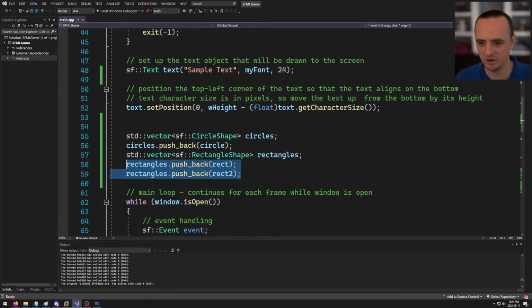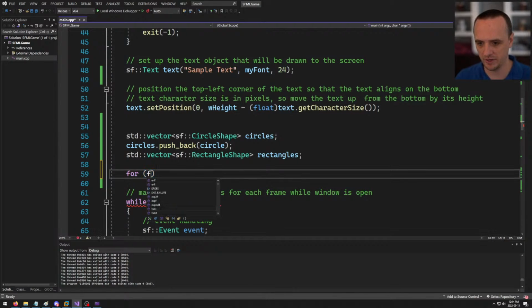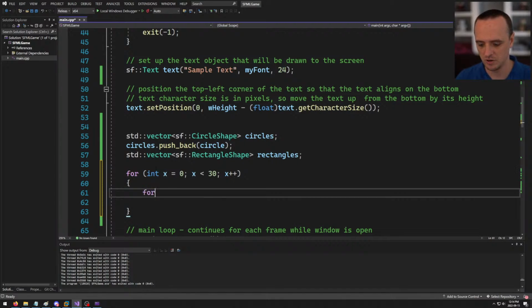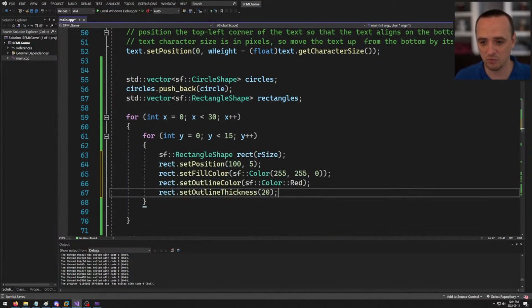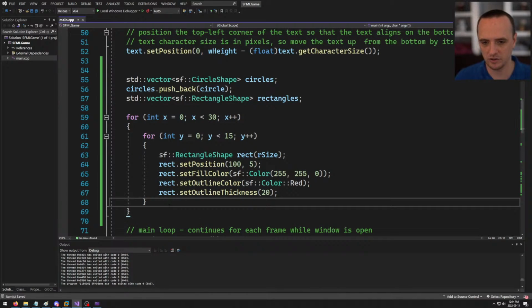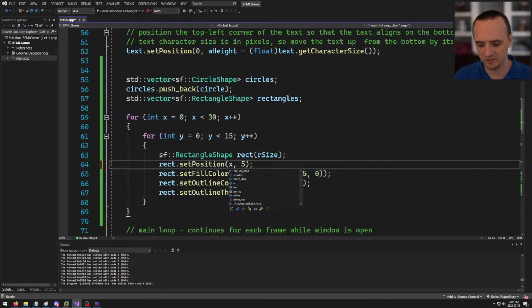So down here, instead of adding those rectangles, I'm going to say for int x equals 0, x less than 30, x plus plus. Now inside that, I'm going to do for int y equals 0, y less than 15, y plus plus. Just some interesting values. Watch this. I'm going to create a rectangle. This rectangle is going to be at position x times 20, y times 20,